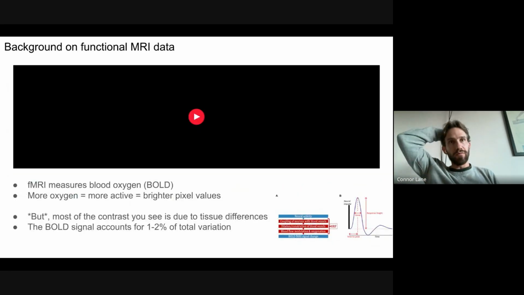So with that motivation on what we're doing and why we're doing it and why it might work, let's switch and talk about functional MRI data more specifically and what the challenge of modeling it is. I would guess there's a handful of people here that know functional MRI data very well and don't need the basic review, but some people probably aren't so familiar, so I'll just go over it anyway.